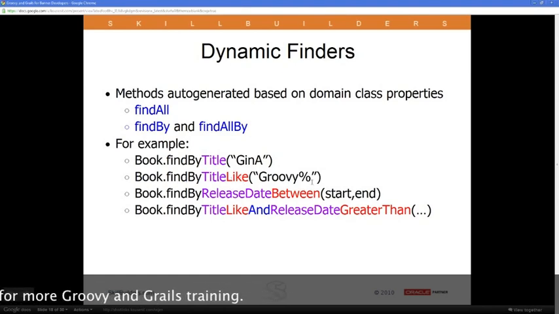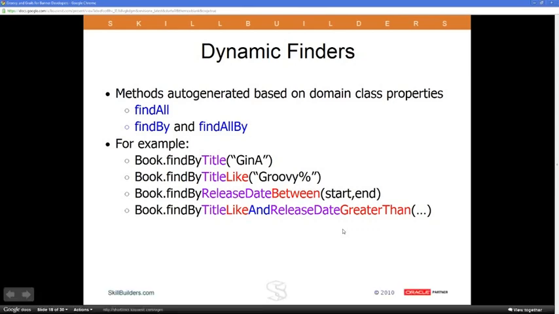Or I could say findByTitleLike Groovy, where's my like clause there, or findByReleaseDateBetween a start and an end, or findByTitleLikeAndReleaseDateGreaterThan, and I didn't have to write any of that. That's already provided by Grails. I actually used that relatively recently. I was looking up all courses that I had taught in a given month, and when I wound up writing the query, all I said was Course.findByStartDateBefore and endDateAfter,